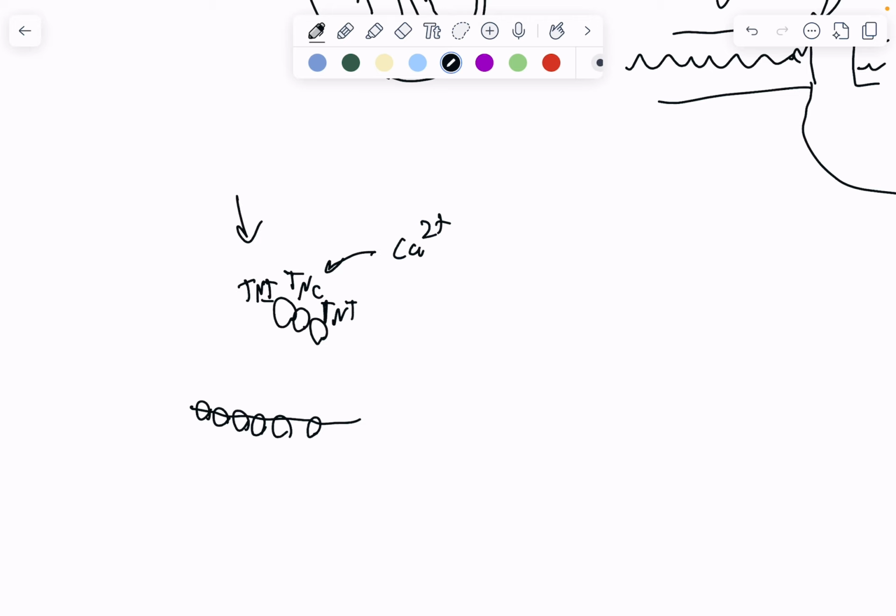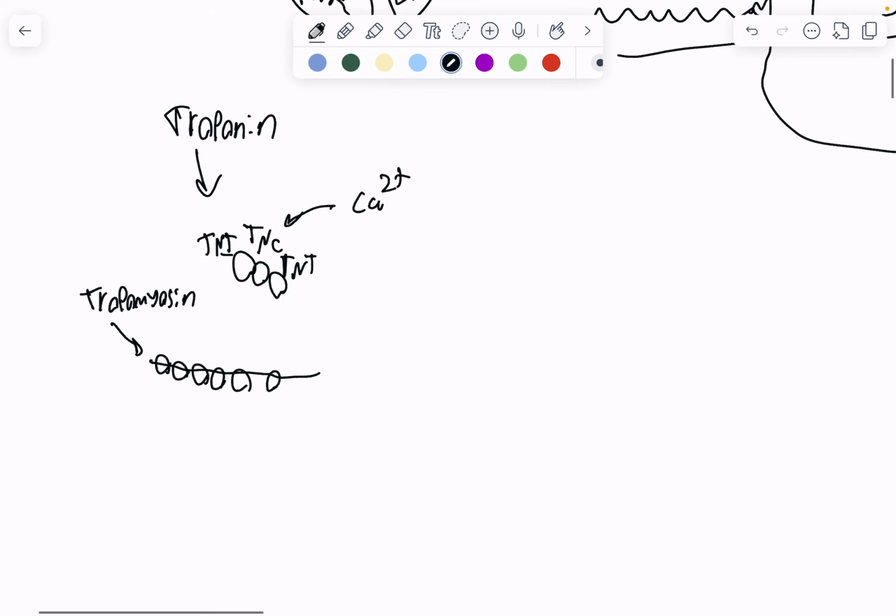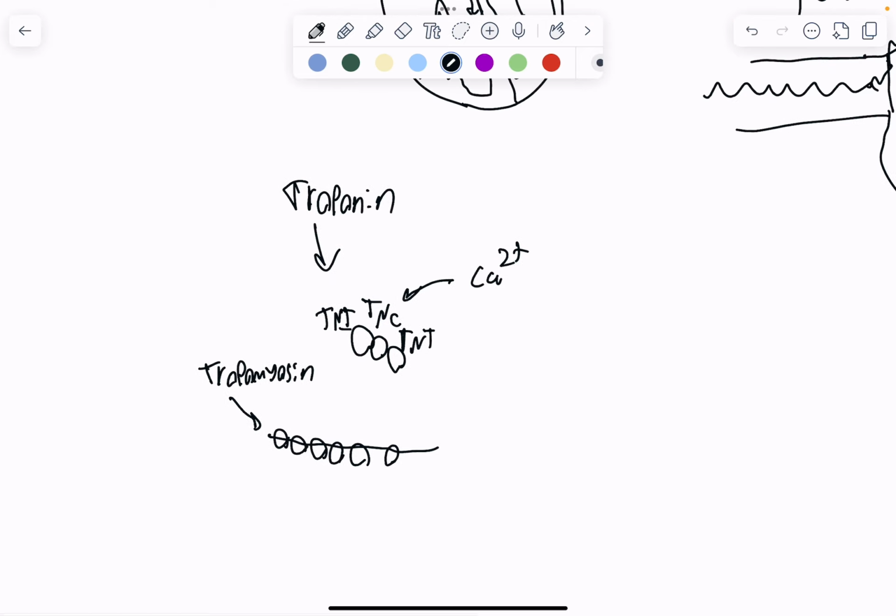So this whole filament right here is troponin, and this is tropomyosin that is covering the actin. And by binding calcium to TnC, moving TnT, which then moves tropomyosin, the actin will be available for myosin heads